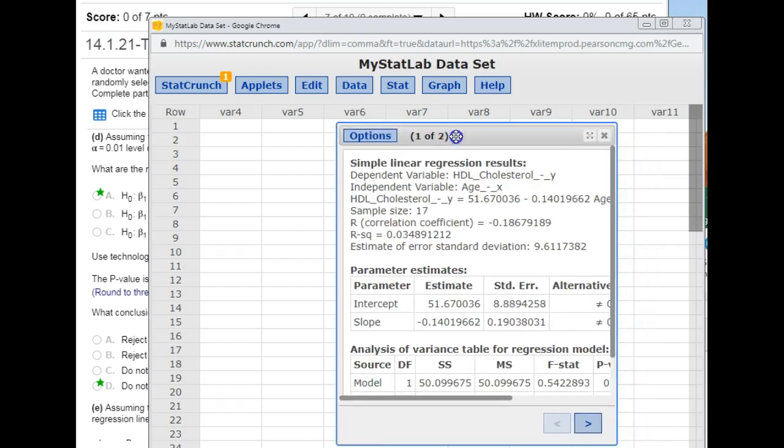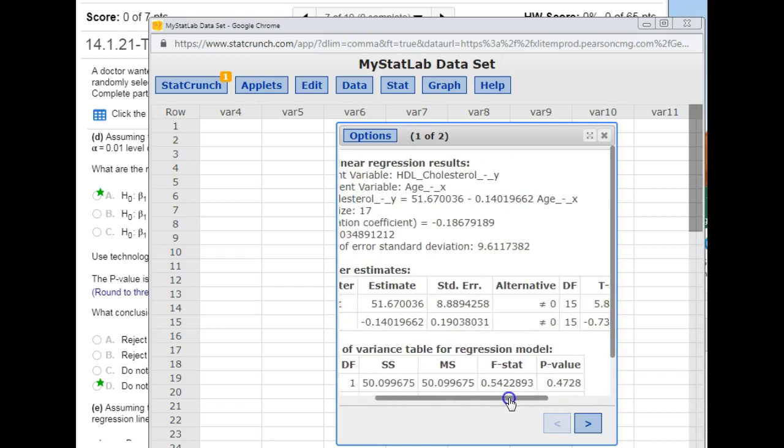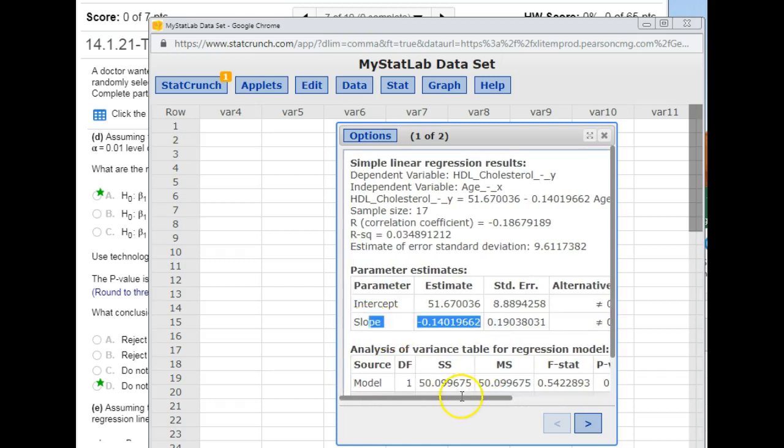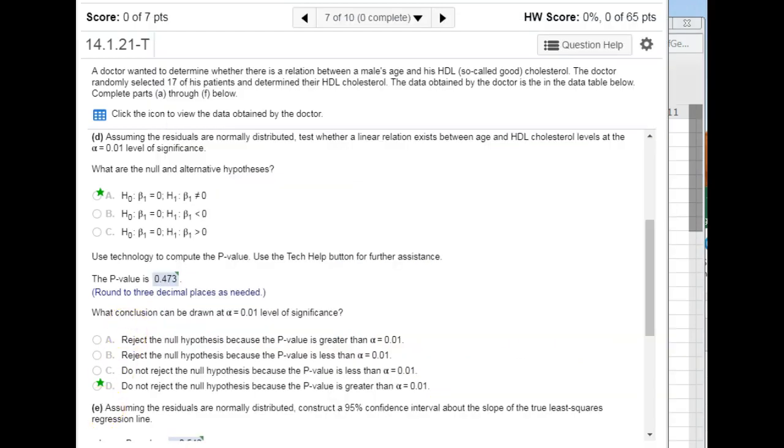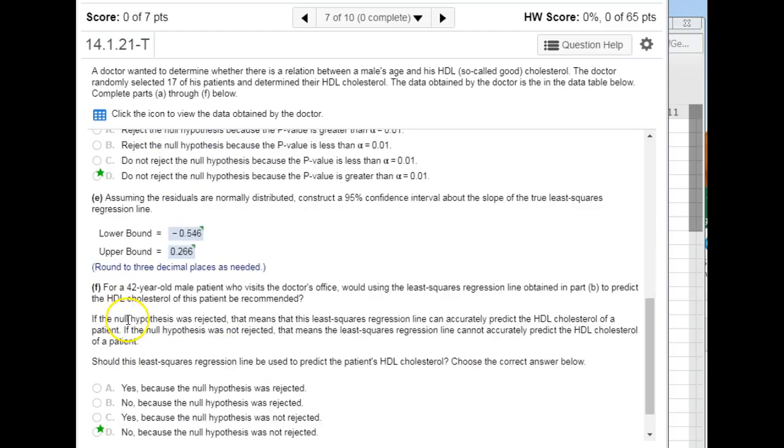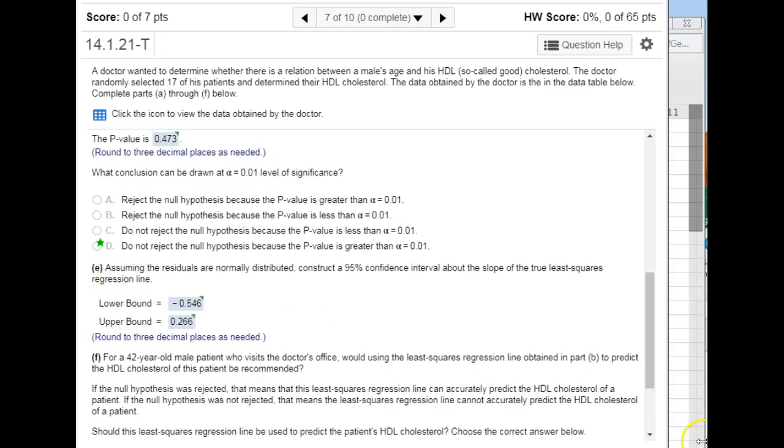Looking back at those same results where we got the equation of the regression line, we can go to the slope. We're seeing if there's evidence for the line having a slope that's not 0, and we get this p-value. Now that is larger than alpha. And anytime our p-value is larger than alpha, it means we do not have enough evidence to reject the null hypothesis. And so looking to see if we'll get that same result from a confidence interval, which we will,